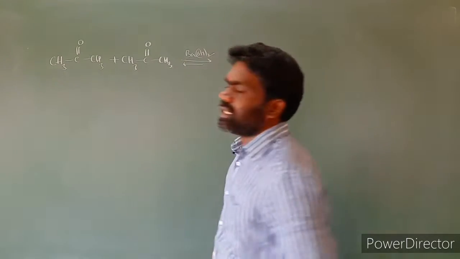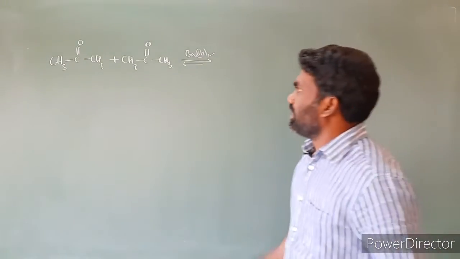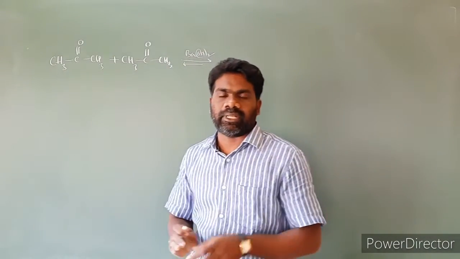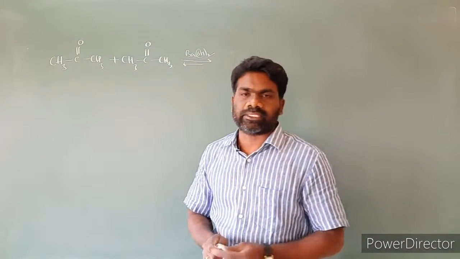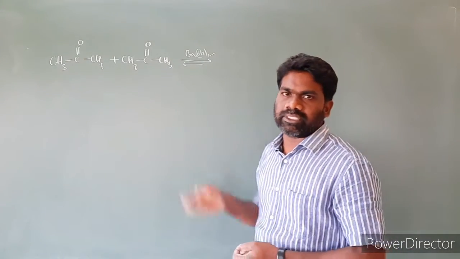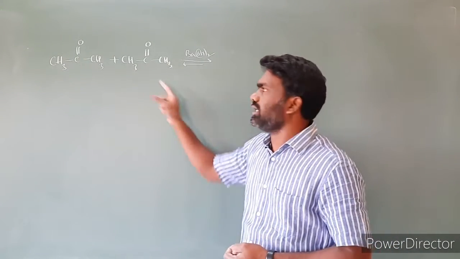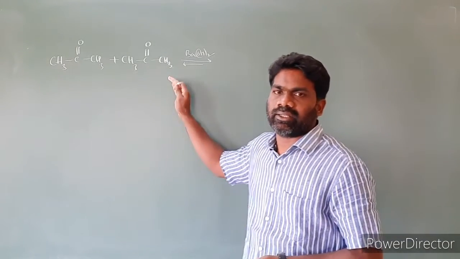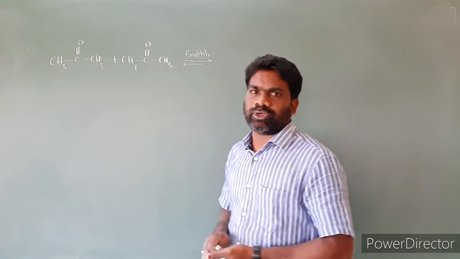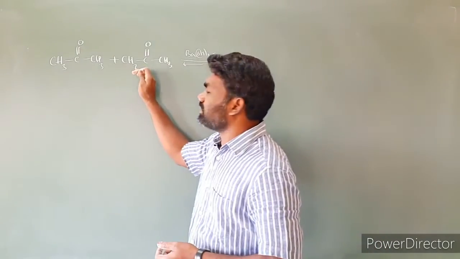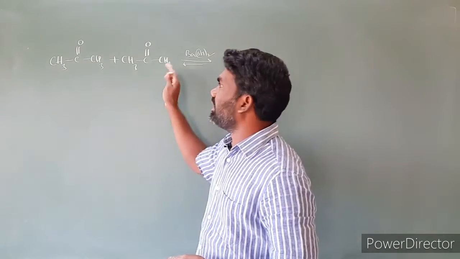We have to take dilute alkali. I am taking barium hydroxide. Then in the presence of barium hydroxide, how do we write the product by the shortcut method? In the examination, we need not write the mechanism; we directly write the product. Further, you will also get some more examples. So how to write the product directly? I will give one short method. In the previous case I gave the mechanism for the aldehyde, but the mechanism is not required; it was for understanding how you get the product. In this case, I am directly showing how to write the product from these molecules.